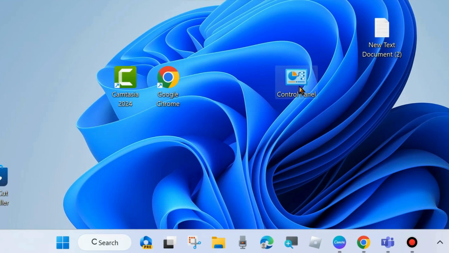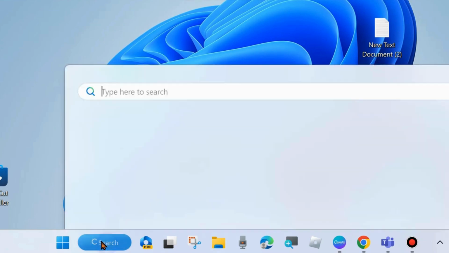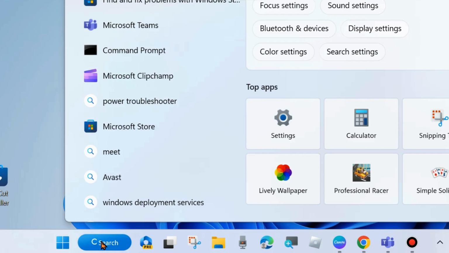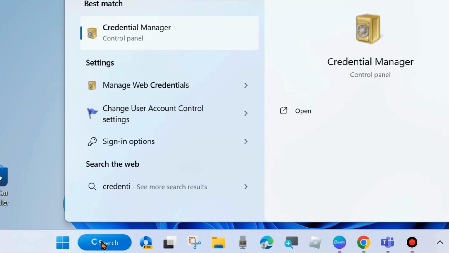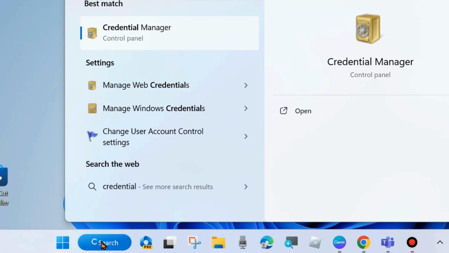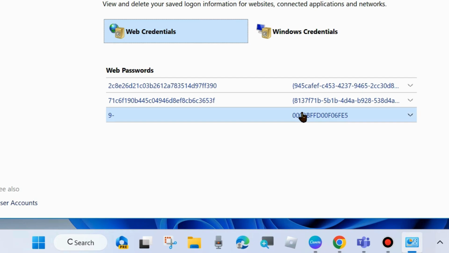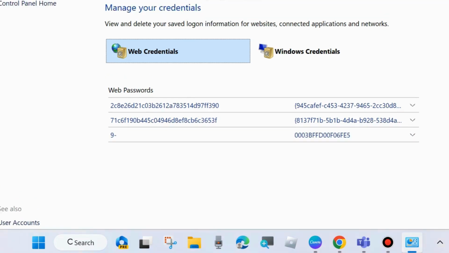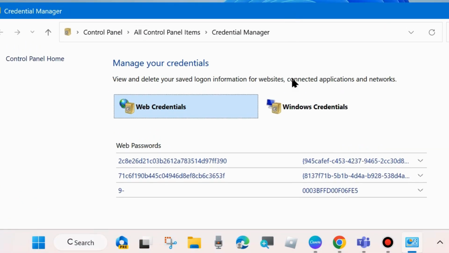If not, go to the next fix. Go to Windows search and type credential manager, and click on open. The Windows credential manager page will now open. Here you will find two options, web credentials and Windows credentials. Click on Windows credentials